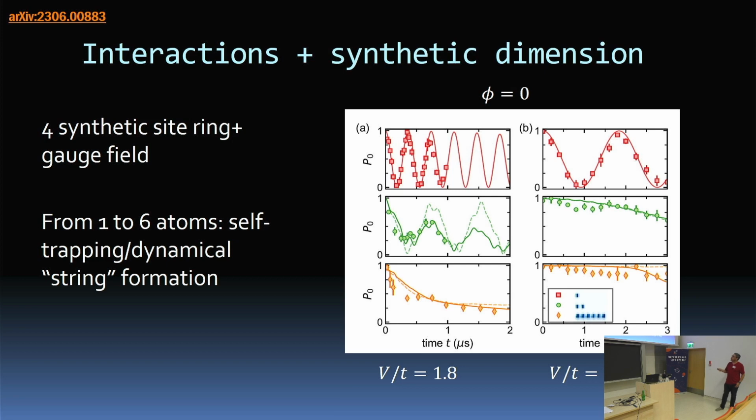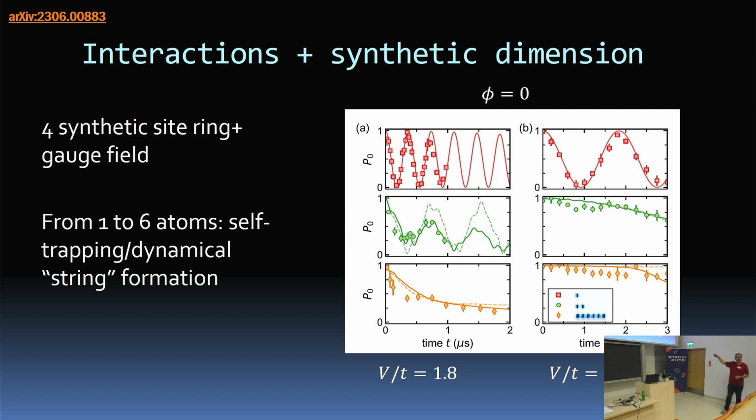Okay, of course, that was single particle physics. One of the big goals here is we want to do many body physics with this, and so this is at least approaching many body physics. The top line is going to be single particle physics, what we just saw. Second line is 2-particle physics. You have 2 particles and 2 traps. And the bottom line is 6 particles and 6 traps. In principle, nothing prevents them from going bigger, but, technical, blah, blah, blah. Okay, so we see some interesting things here already.